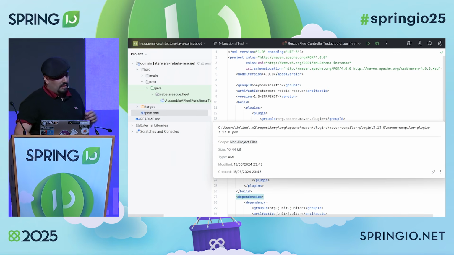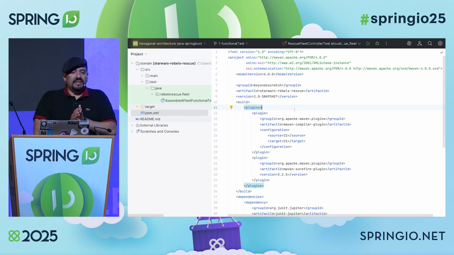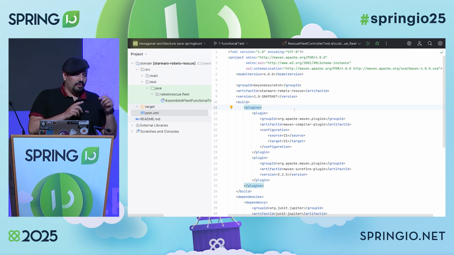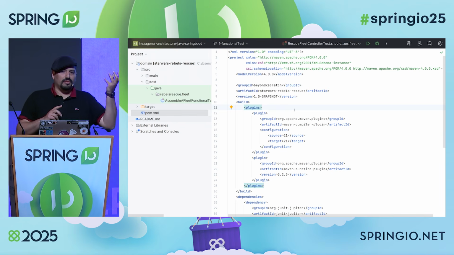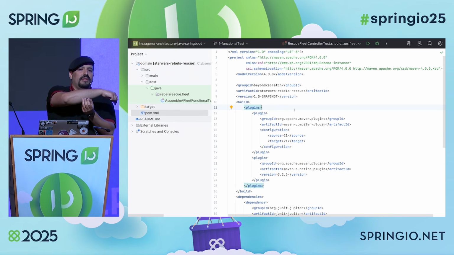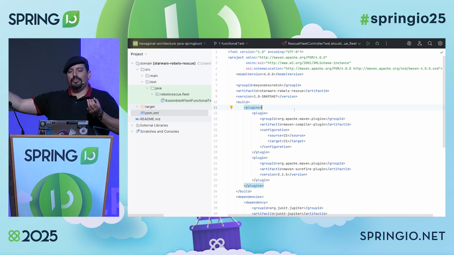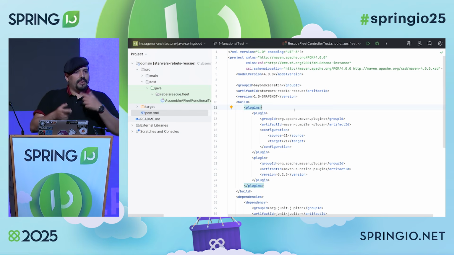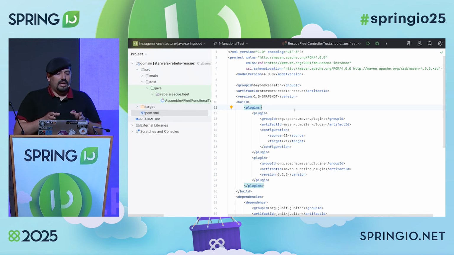OK. So in Hexagonal Architecture, we will always start from the domain, the business logic, because this is the most important thing. Once you have created the business logic, you create then the controller and then the persistence and the other things. And you iterate that way, feature by feature. So here, we are at the really beginning of the application. So that's why here, I only have one module, the domain.